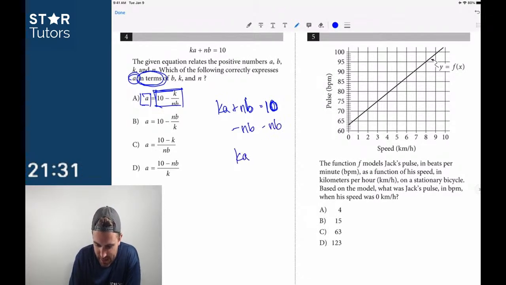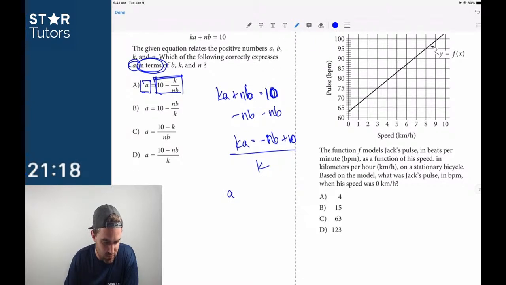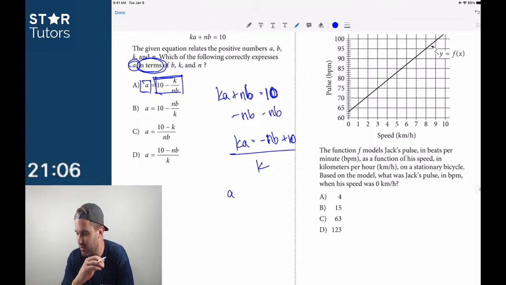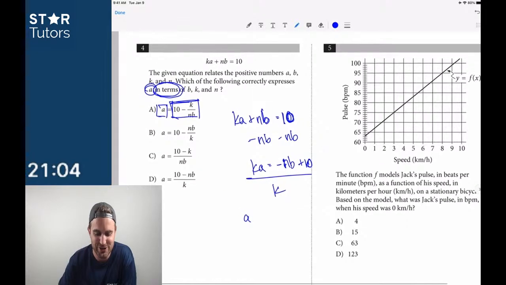And if you do something like I did on number 3, negative NB plus 10 divided by K, A equals negative NB. Oh yeah, Mamba, that's a good call on number 3. That's a good call as well. Yeah, there you go. Mamba, that's right. That's actually a really good point. So if anybody that's watching this later,